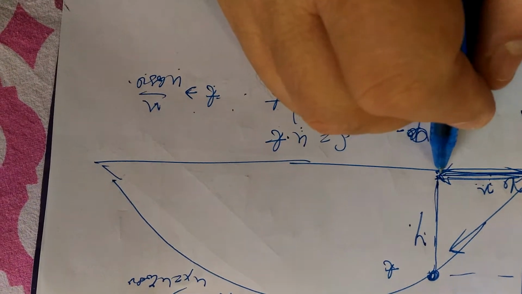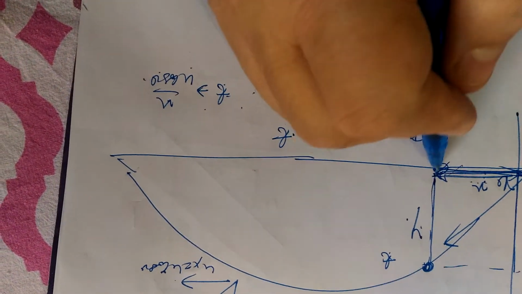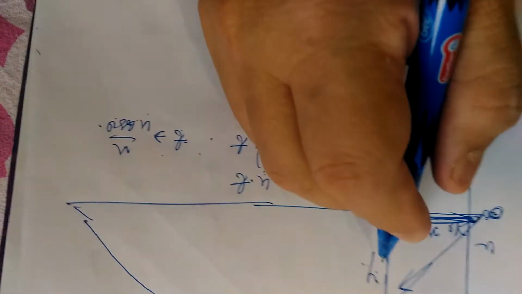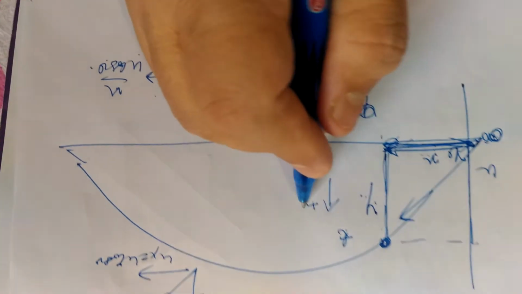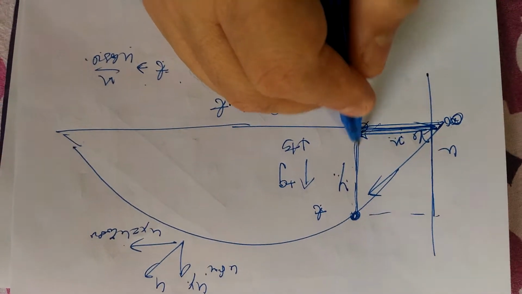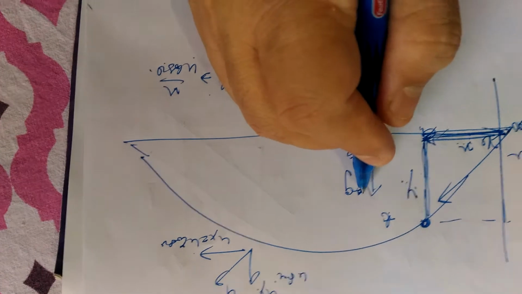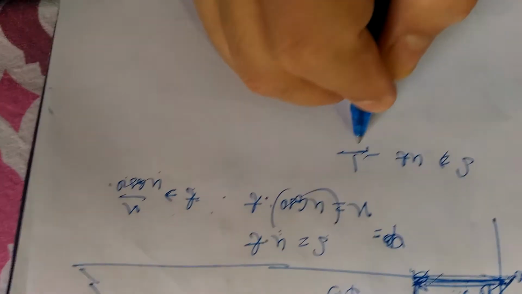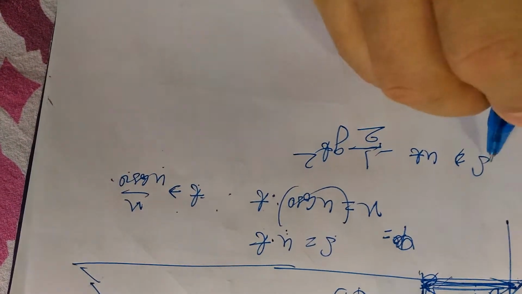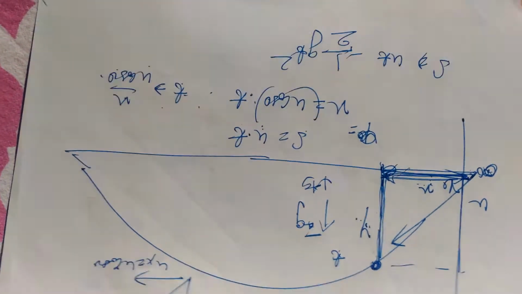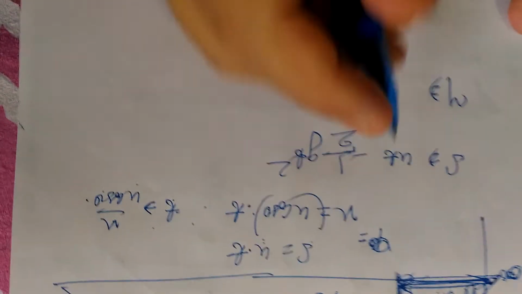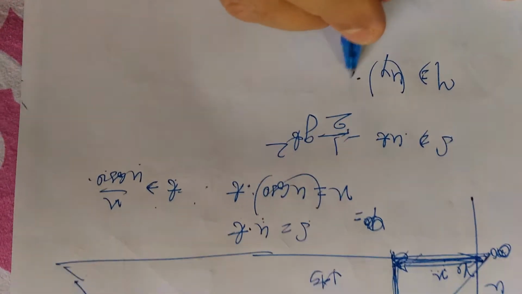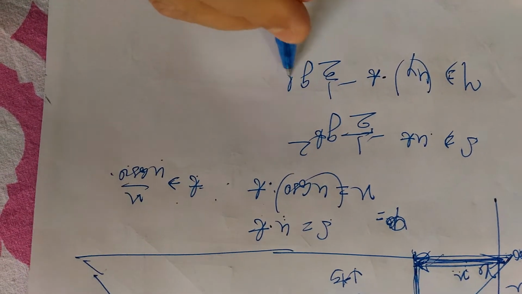In the same time t, the vertical distance traveled by the vertical stone will be y. So in this direction, if it is going up, then minus g, and if it is going down, then plus g. It is going upwards, so we'll be using minus g. So s is equal to ut minus half gt square. S is the distance traveled or displacement, that is y in the vertical direction. U is uy, that is the initial velocity in the vertical direction, into t minus half gt square.